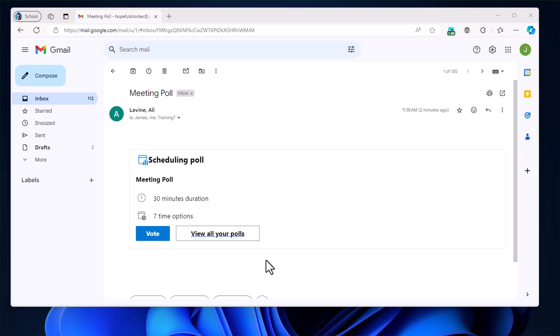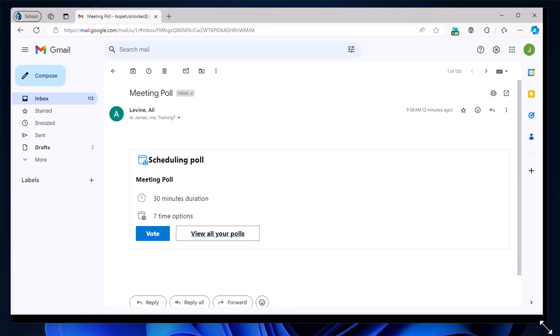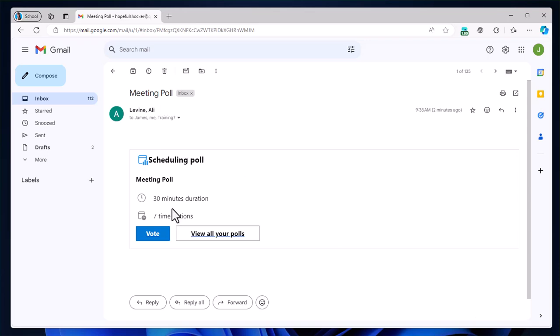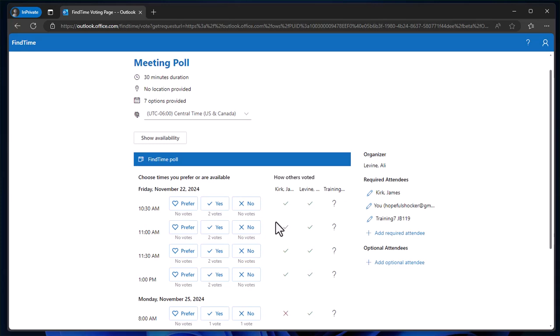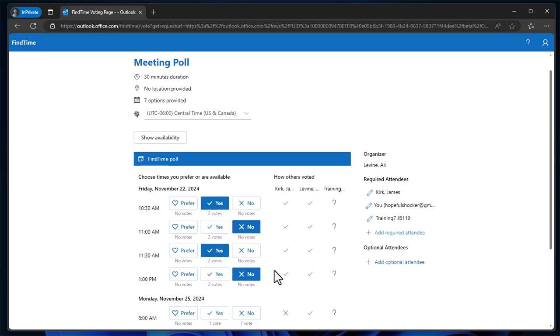Just to show you what this looks like on a recipient's end who's outside of WSU, here is my outsider from her Gmail account. She gets a similar vote button. Similarly, she can select some times that work for her. And notice that as other people have voted, I'm the third person coming in here now, I can see how other people have voted or if they've voted. So I'm going to find a couple times here. I'll say no to a few up here